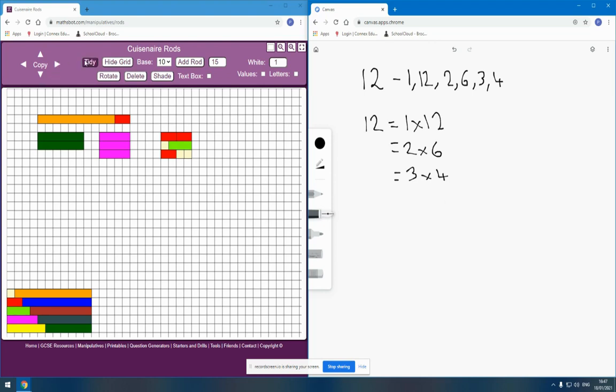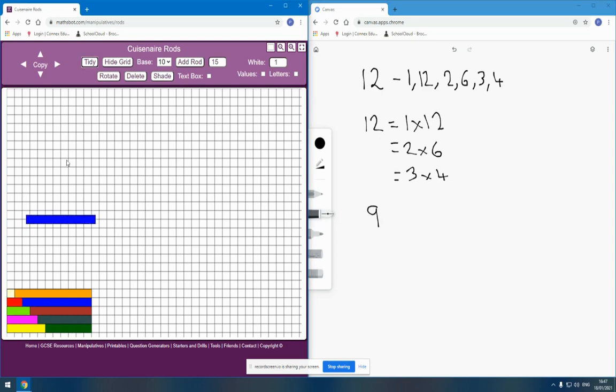From there, I'm obviously going to look at some other numbers, and important numbers that we might look at here are numbers like 9, because if I'm building 9, then yes, I can just build a straight 1 by 9, but I could also build a 3 by 3, and I need learners to recognize 2 things about this. One, that a square is a valid form of rectangle for this activity, and that also that although this means that 9 can be decomposed into 1 times 9, or 3 times 3,